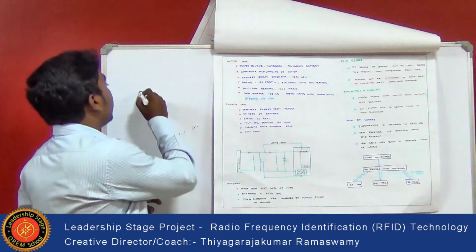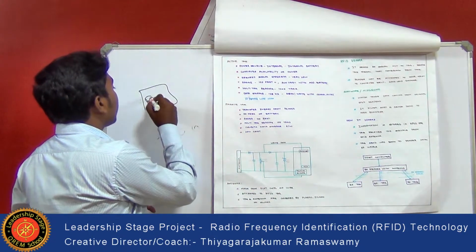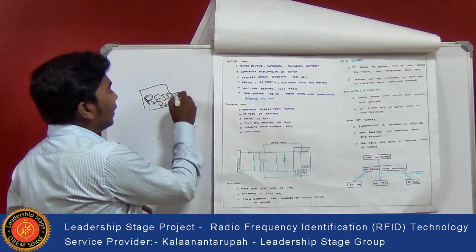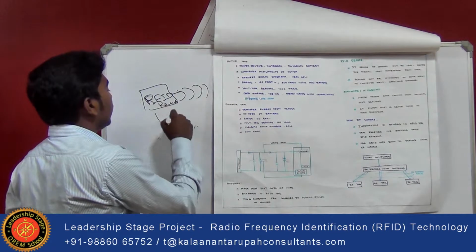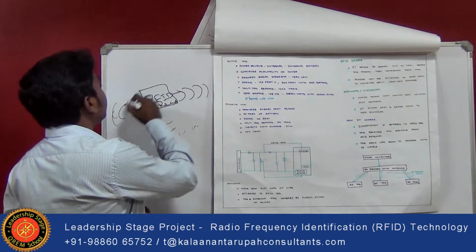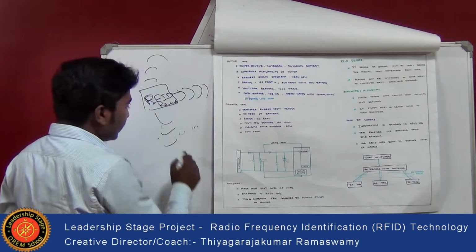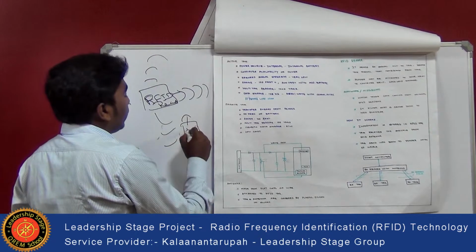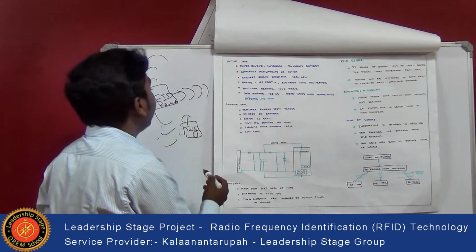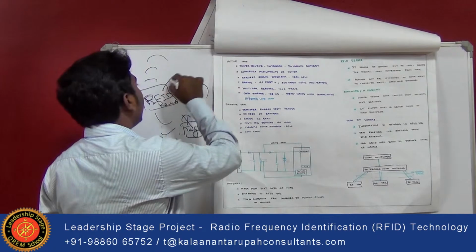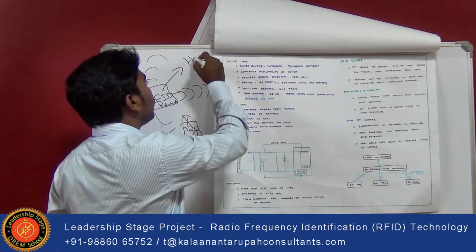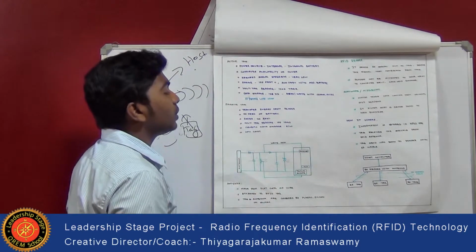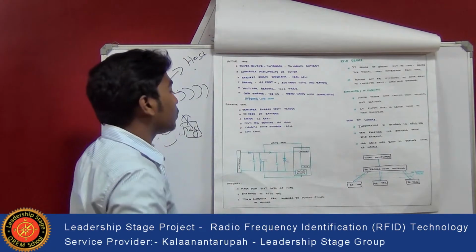How does RFID work? The basic principle is that the RFID reader continuously monitors the signals. When a tag enters the RFID reader's range, the RFID reader reads the tag information and sends the information to the host computer. From there, it is sorted and sent to the business analysis, and there it is processed.